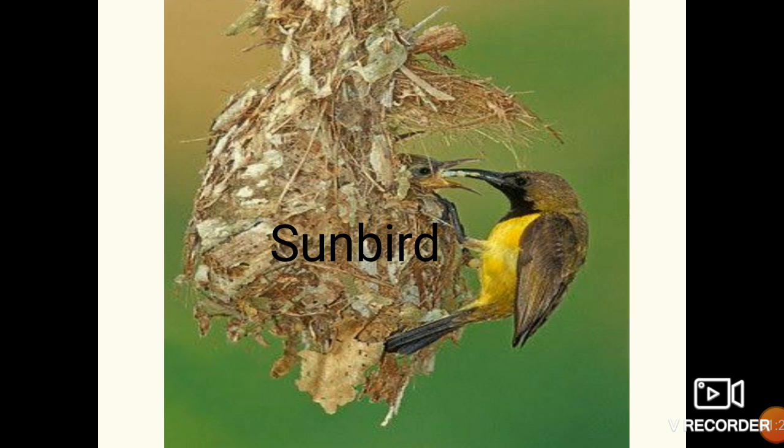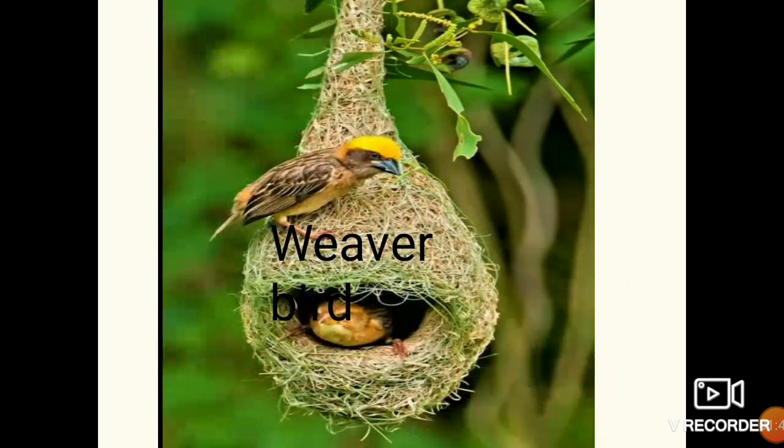But before coming to the topic, I want to show some nests. This is the nest of the sunbird. You can see the material used by this small bird. Sunbird has a unique nest making skill. Its nest hangs from the branches of the tree. You can see the picture of this nest. And the next one, this small bird is known as the weaver bird. You can see the picture of the nest, how beautifully it weaves, and the small chick inside the nest.